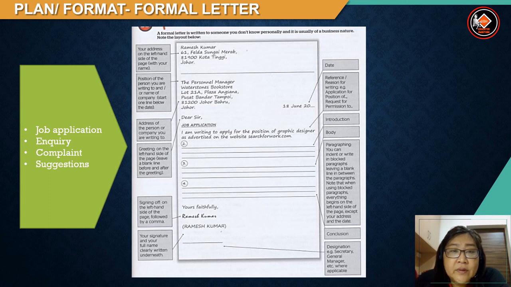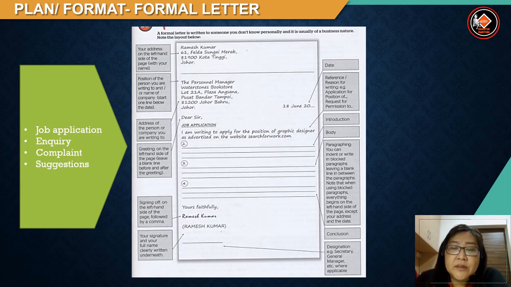Here you have, first of all, Ramesh Kumar, your name, and also you have the address of the sender. For example, 61 Felda Sungai Merap, 81900, Kota Tinggi, Johor. So after that, make sure that you write a line after the word Johor. So later on, then you can write the position of the person you're going to write to